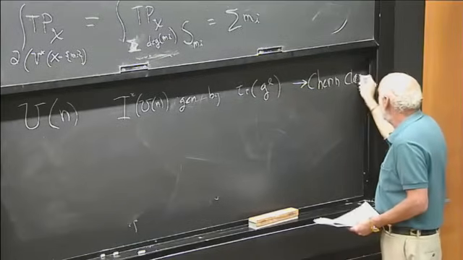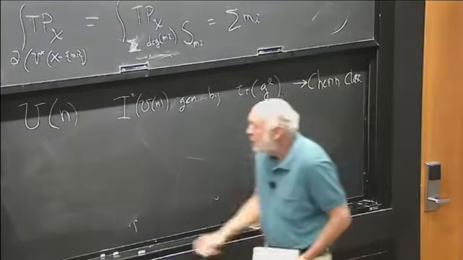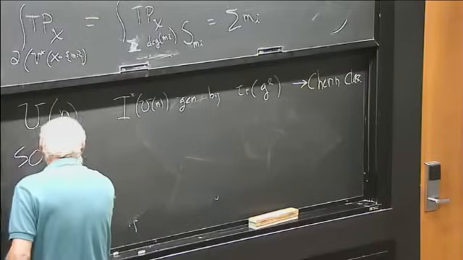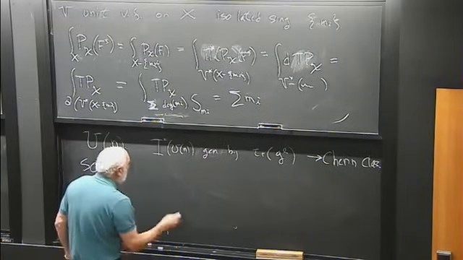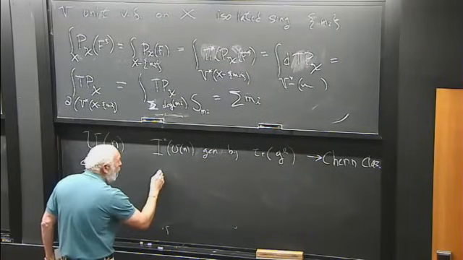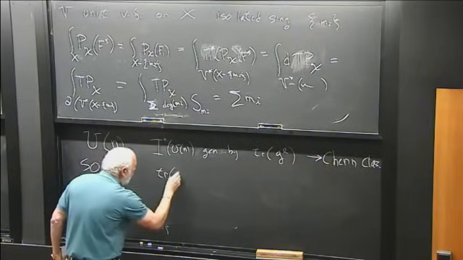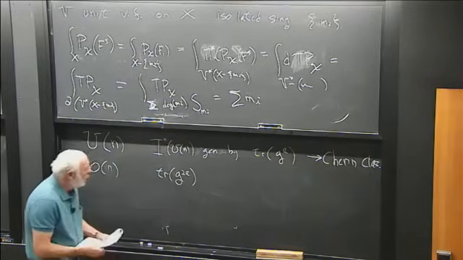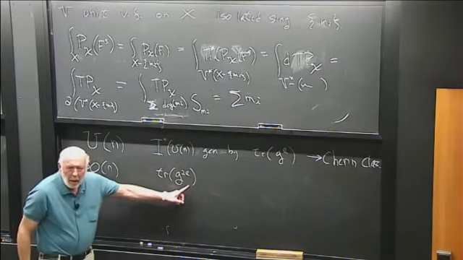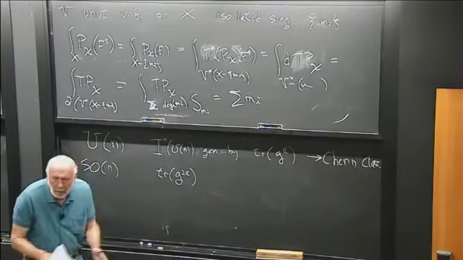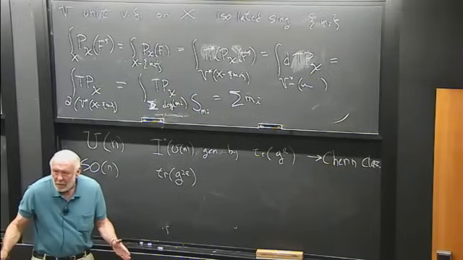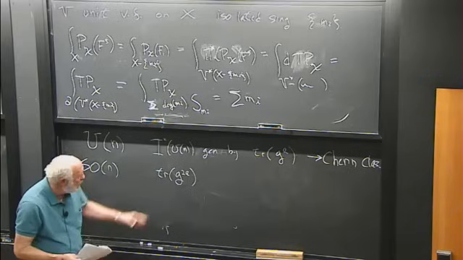And if it's SO(n), it's also generated, here it's generated by trace of G to the 2L. Notice the trace of an odd product of G with itself an odd number of times is 0 because it's skew symmetric. It doesn't have any trace, but even traces, and that leads to the